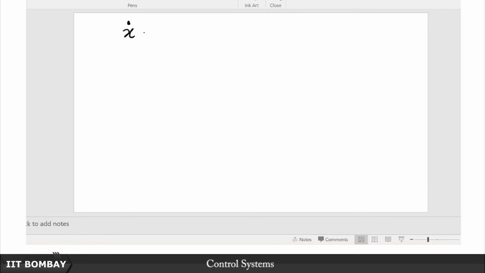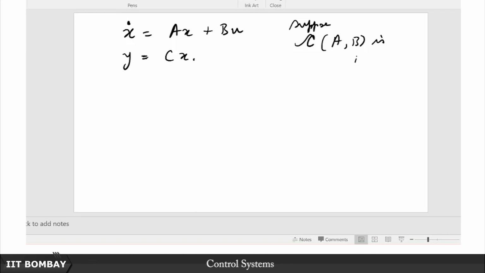What you can do is this. Suppose I have x dot is equal to Ax plus Bu, y is equal to Cx, right. So I say to myself, well hang on, suppose I have ascertained that this CAB is invertible. Suppose I have ascertained that this realization that is given to me, not necessarily in the phase variable canonical form, in any form, this is invertible. Then I can avoid transforming it into the phase variable canonical form and then retransforming the gain matrix back.